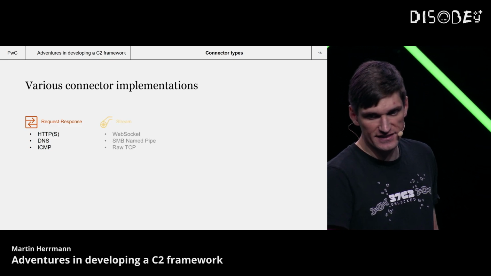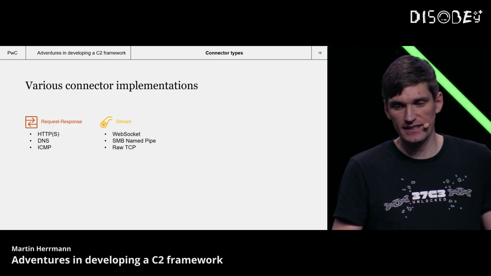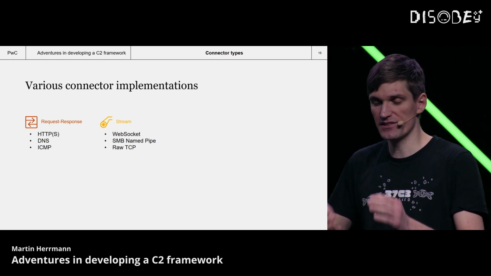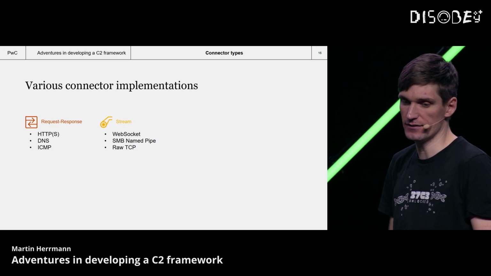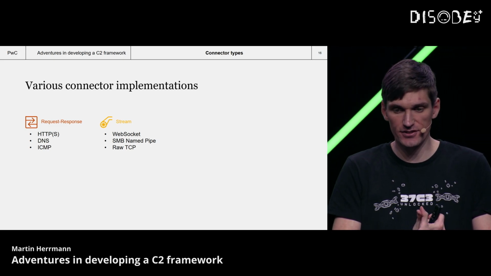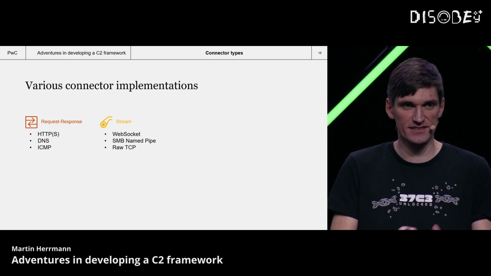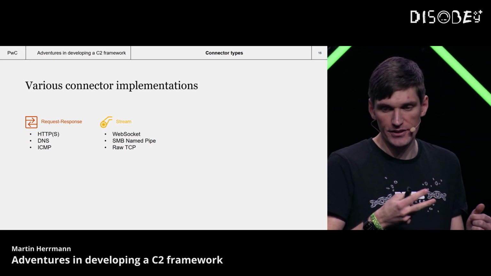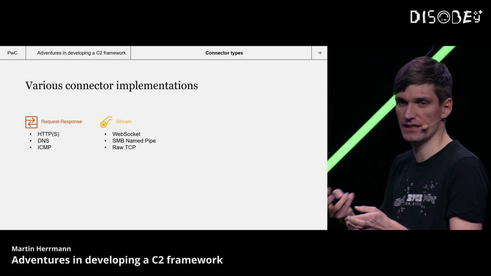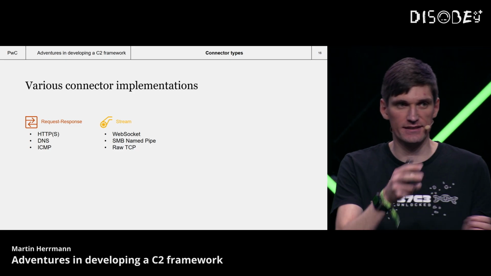And then we have the second class, which is the stream connector, basically where we have full duplex connectivity in both ways, meaning the server can send unsolicited data, which makes communication much more performant, of course. We have the raw TCP sockets, we have web sockets, and we have SMB named pipe support, because that one is actually really important in Windows networks, because that's how you can stealthily exchange data inside an internal network with